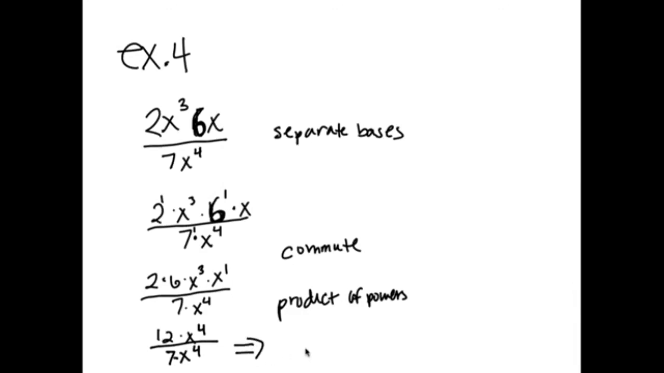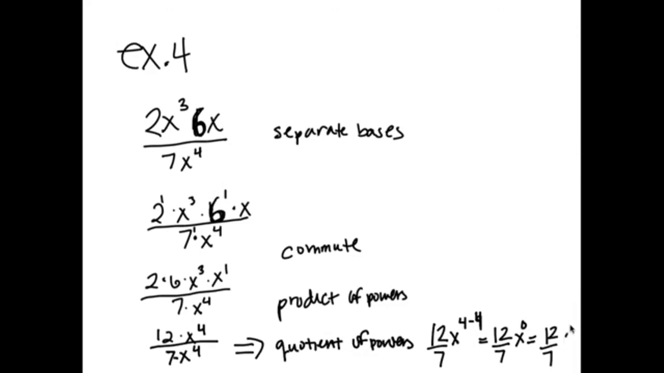And once I've simplified the numerator, there's nothing left in the denominator to simplify. So now I can look at my expression, and I get 12 over 7 times x to the 4 minus 4, because when we're dividing powers with the same base, we subtract exponents. And once you subtract those exponents, you get x to the 0 power, which becomes